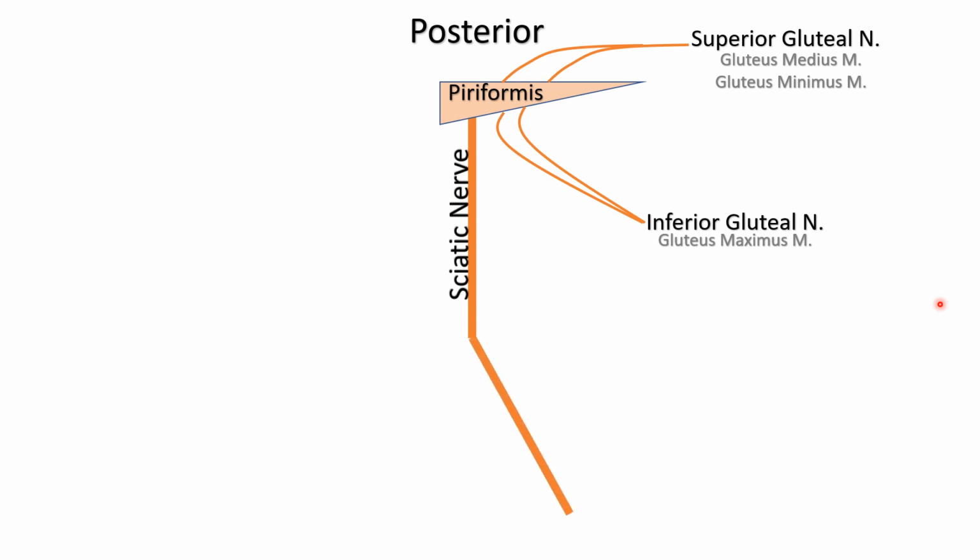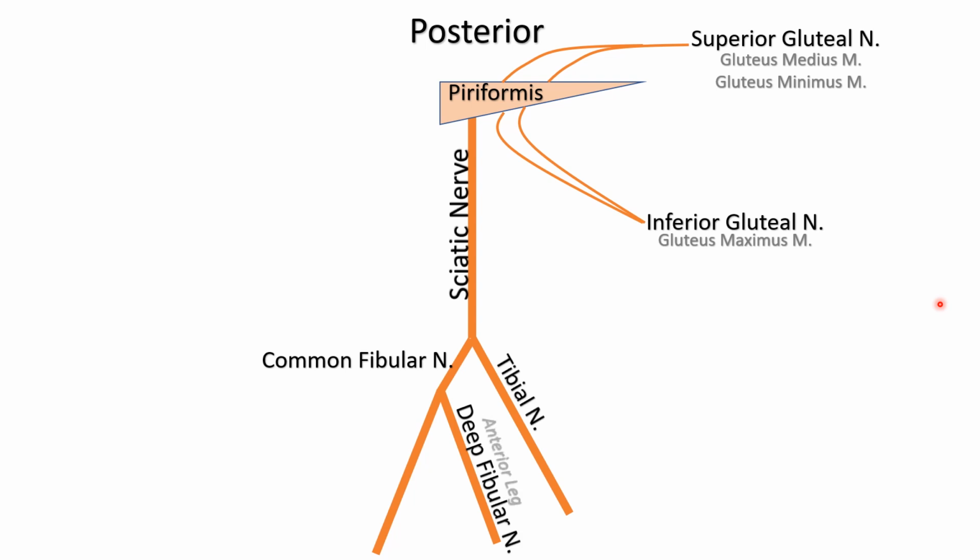Okay, about the area of the popliteal region, usually a little bit proximal to it, maybe a third of the way or 2/3 of the way down the femur, the sciatic nerve will split into its two divisions, which are the tibial division or tibial nerve and the common fibular nerve. Okay, the common fibular nerve will branch into the deep fibular nerve, and this will move to the anterior leg, and it will be seen with the anterior tibial artery. The common fibular nerve also will branch into the superficial fibular nerve, which will innervate the lateral compartment of the